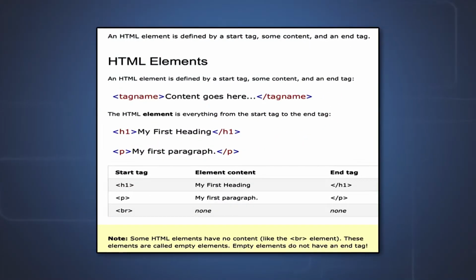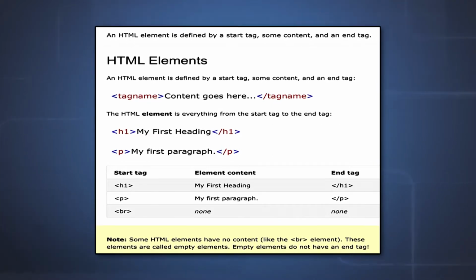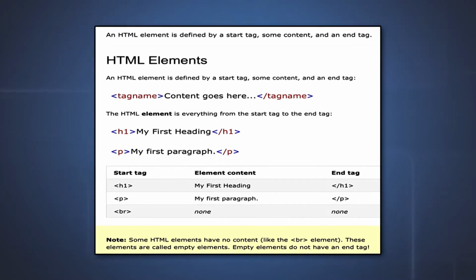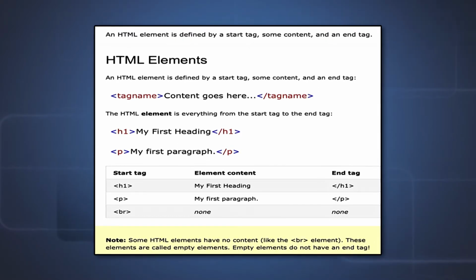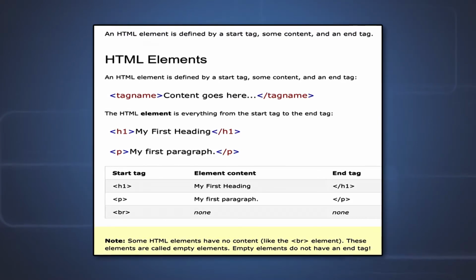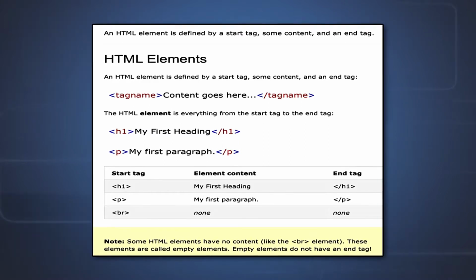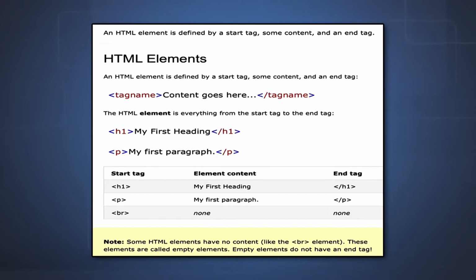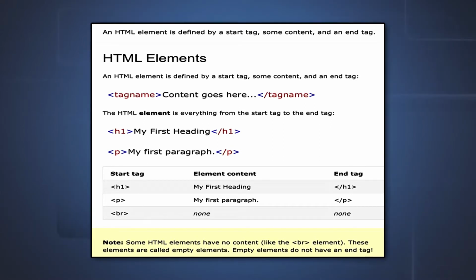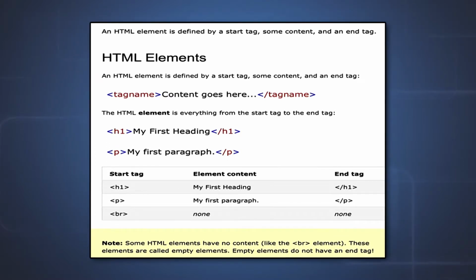An HTML element is defined by a start tag and then some content and an end tag. An HTML element is not just defined by a start tag and some content and an end tag, but there may be many tags in between also. So to start with, yes, there is a start tag of HTML, then in the ending also you will find an ending tag of HTML, then in between you will find the content, but in the content you will also find some HTML tags.